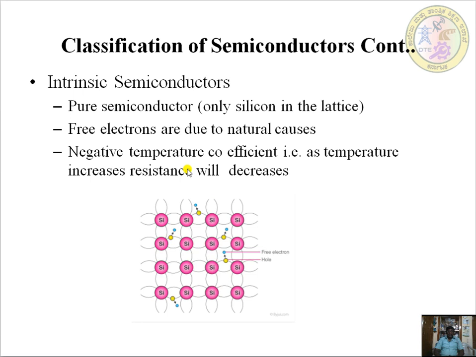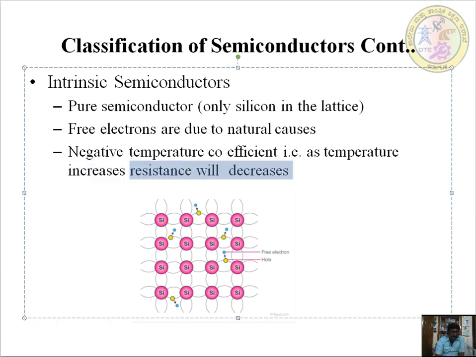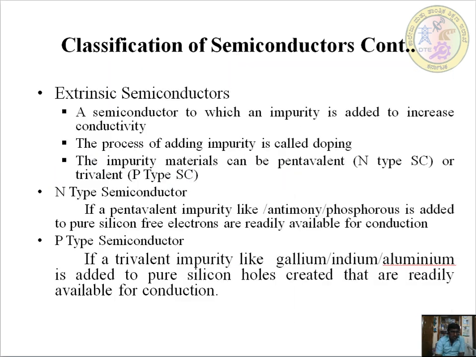Okay, so examples of intrinsic semiconductors are pure germanium and pure silicon. At room temperature, the number of electrons is equal to the number of holes. So in an intrinsic semiconductor at room temperature, the number of holes is equal to the number of electrons. Okay, next. So this is a conventional classification of semiconductors, continued.